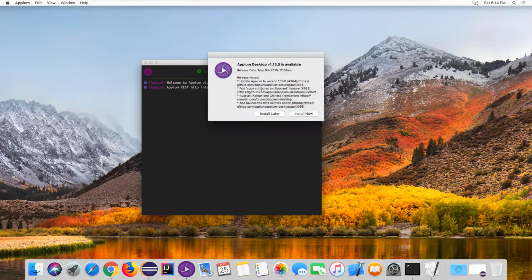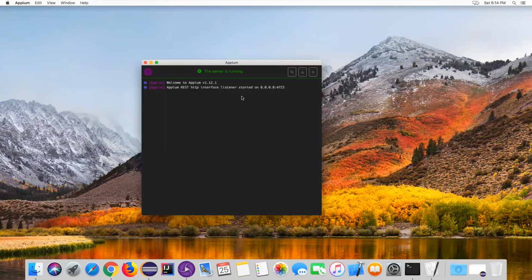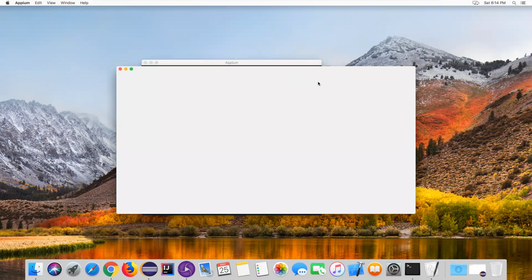It is just showing the newer version update. Okay, so now I have started my server, and then we need to go to start inspector session. Once you go to start inspector session here,